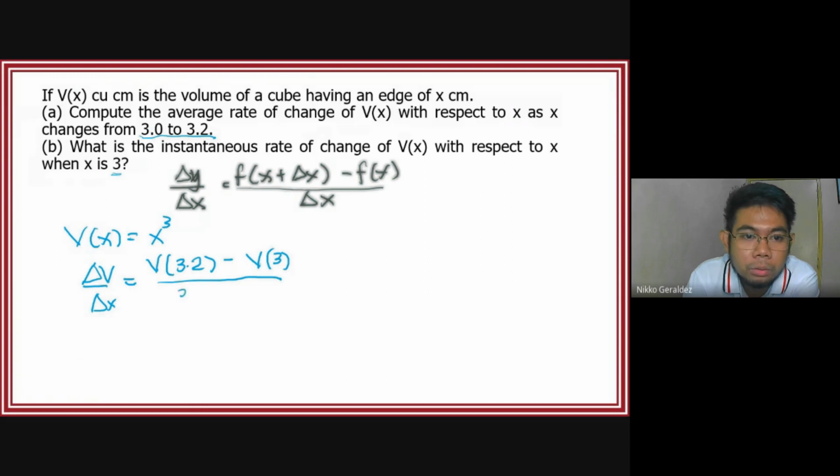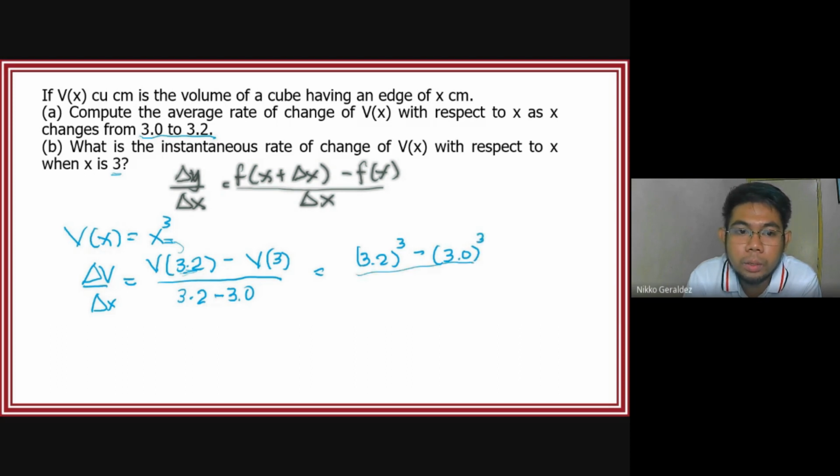So, that is 3.2 minus 3.0. The next, so what is v of 3.2? So, substitute lang natin itong x, 3.2 dun sa x cube. So, we have 3.2 cube minus 3.0 cube over 3.2 minus 3.0, so that is 0.2. So, delta v over delta x is equal to, so that is